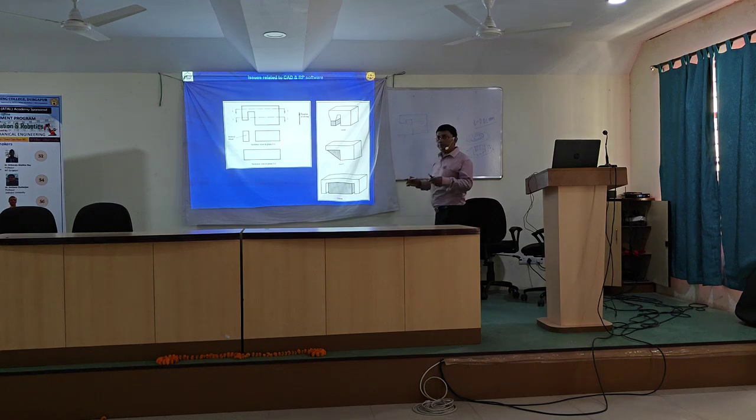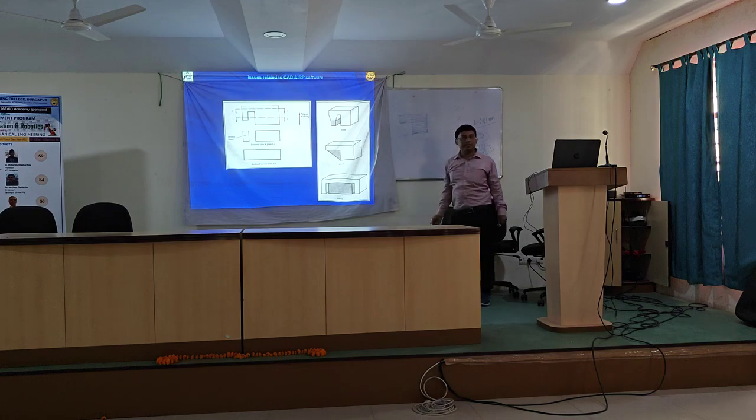Now, when you build the object by the SLA process, what you will do? According to the slicing, first you cure this particular layer, next you cure this layer by recoating, next this layer, this layer, this layer you will cure. Now when it reaches this particular point, it will cure this portion and also this portion. When you reach here, it will cure this portion by laser tracing, then this portion, this portion, and so on. The total thing will be cured. But when you start curing here, if below that it is liquid resin, once it cures, it falls down here